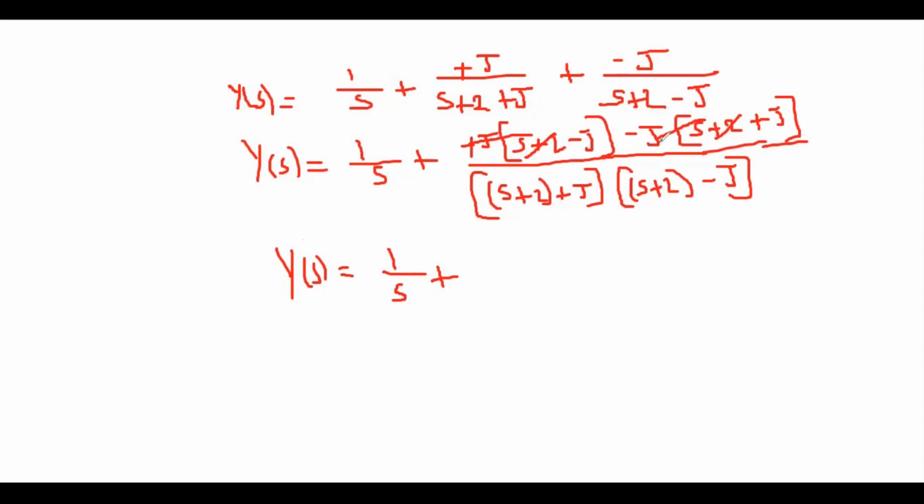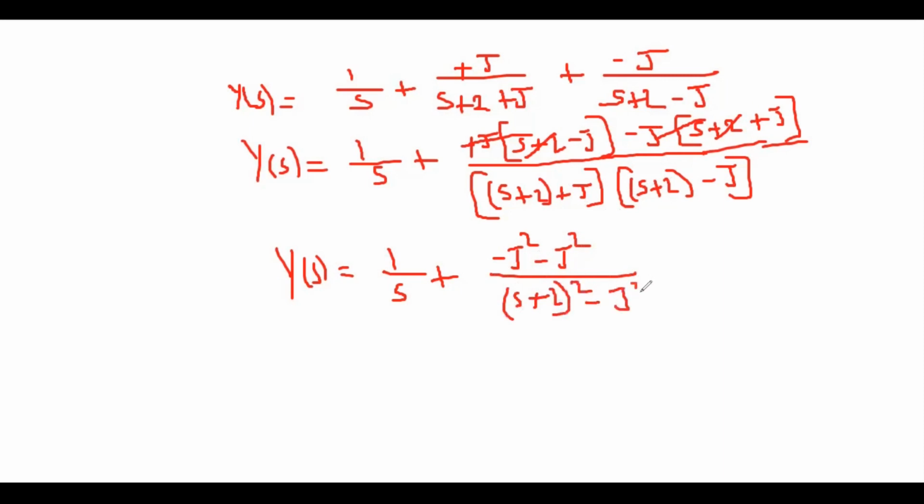Plus J into S plus 2 minus J into S plus 2 get cancelled. Plus J into minus J becomes minus J square, and here also the minus J square. Okay. J into J, minus J square, and denominator it is S plus 2 whole square